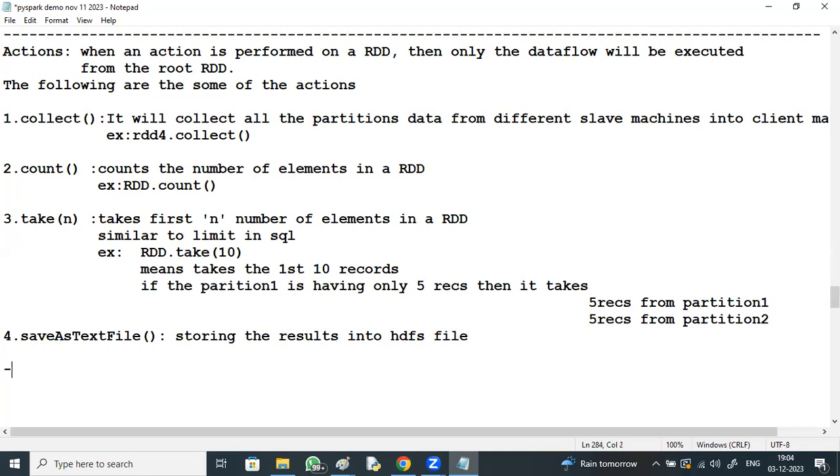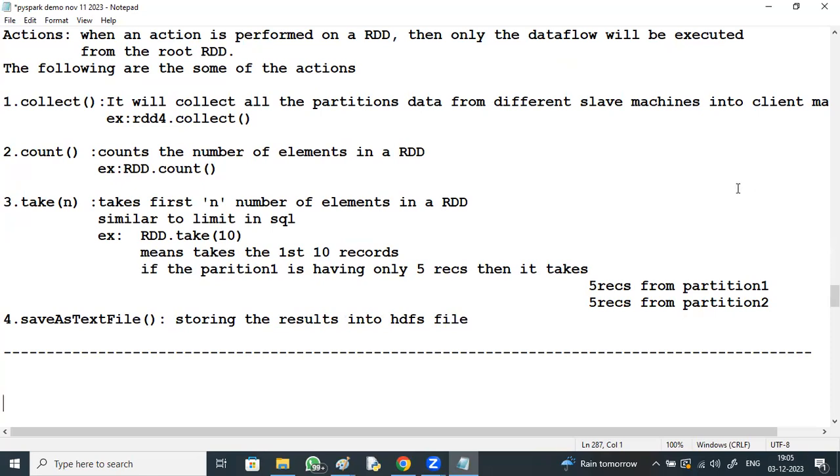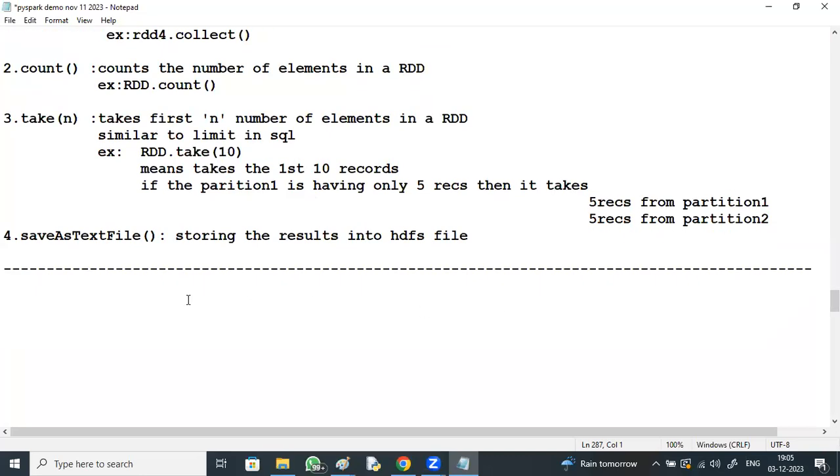Okay, so these are some examples of actions, right? Now, for example, RDD creations. Observe, R1 is an RDD. How is RDD1 created?